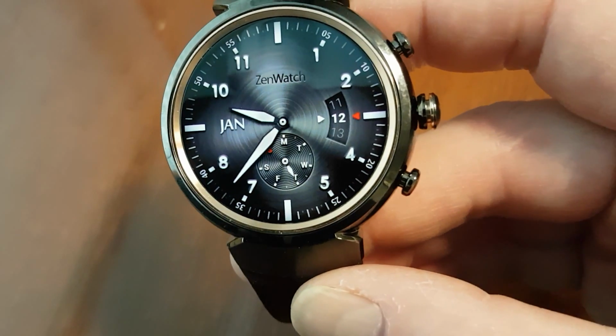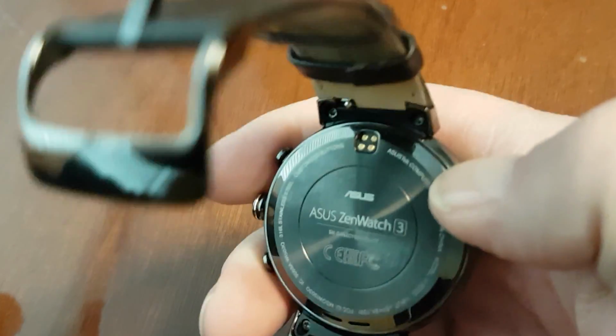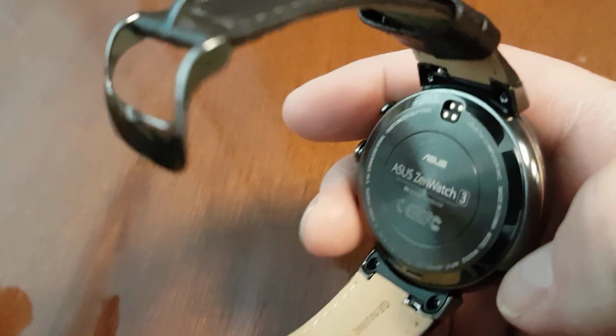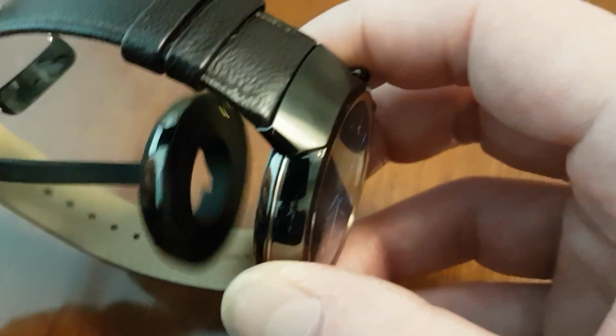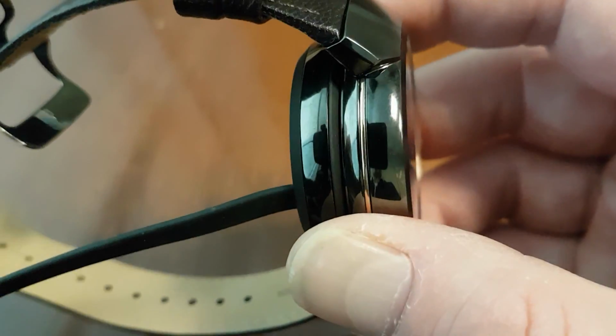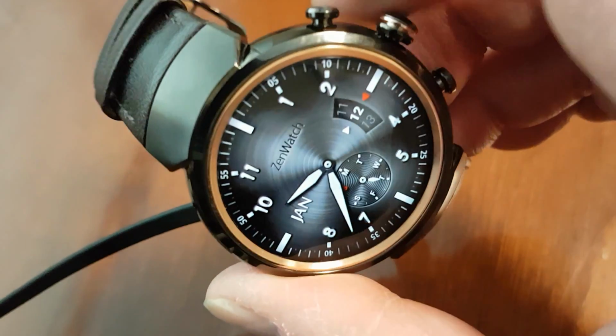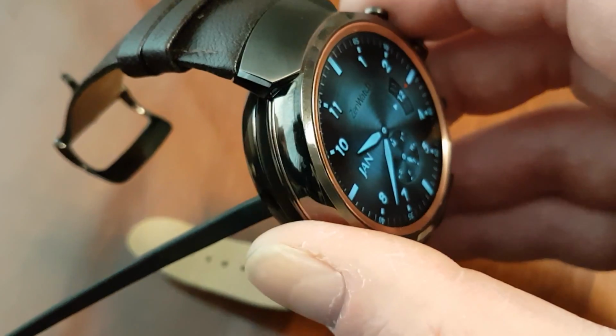So the charger is exceptional with this watch. On the back, we have those four dots, which is where you connect to the charger, and that's the charging mechanism. And then here's our charger right here. You can see those four dots. So basically, you just get it within the vicinity of it and snap. Magnetically, it just snaps right on. You know it's charging. There's no guesswork. It fits perfectly, easily, quickly, and you can get it up to a 60% charge in 15 minutes, which I wish every smartwatch had, because that is such a convenient feature,